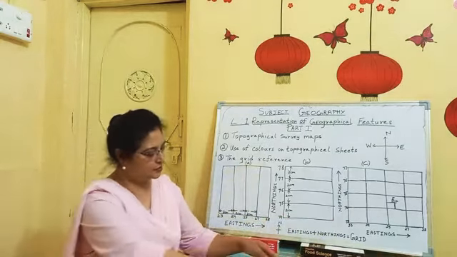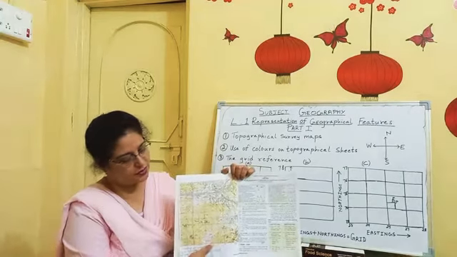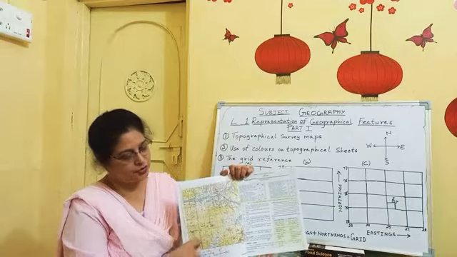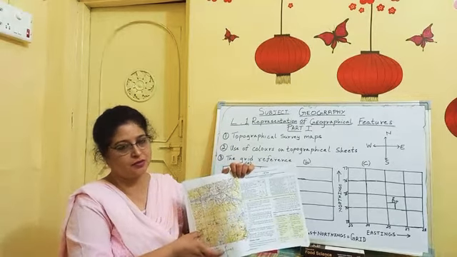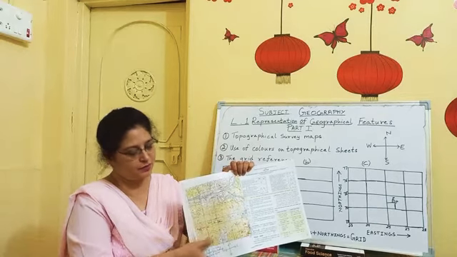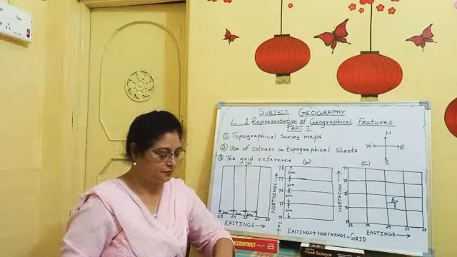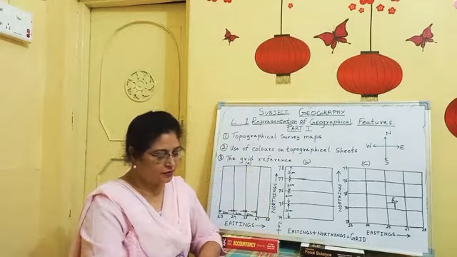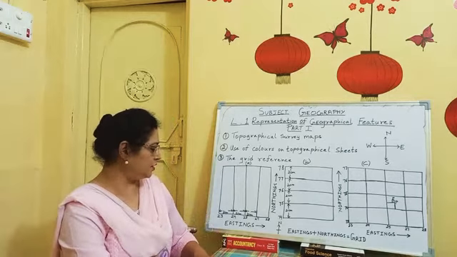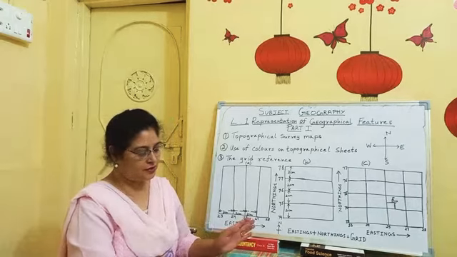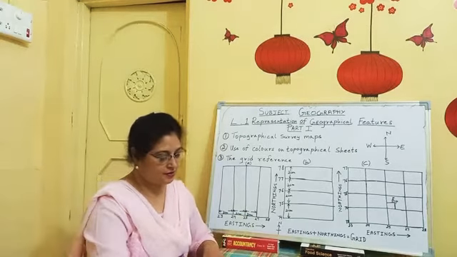South to west. Over here, if you see the map, from the south you move towards the west. This side is the west. So when we read the map, the origin of the map is from the south to the west. Eastings are always read to the east of the origin, as they start from the west and go towards the east.